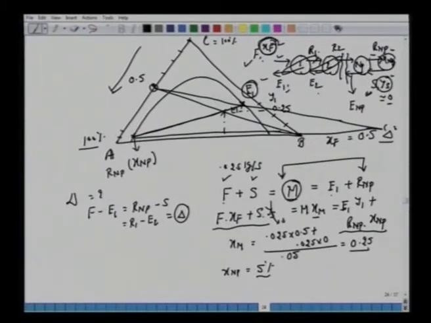It's very similar to our distillation, where we located the difference point delta D for the rectifying section and delta B for the bottom, stripping section. So here we are now working on the difference point. First we locate M, the mixing of F plus S, then we obtain this E1, which is 0.25 here. And then when we connect these two and extend, we have located the delta point here.